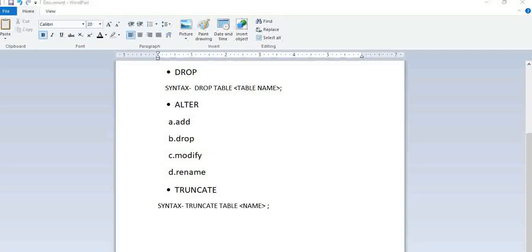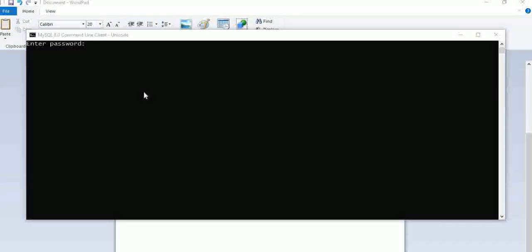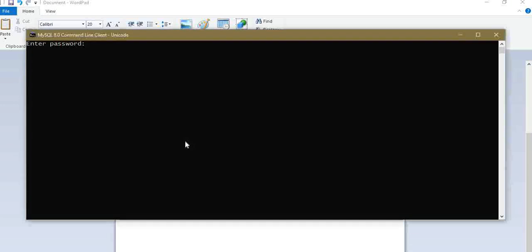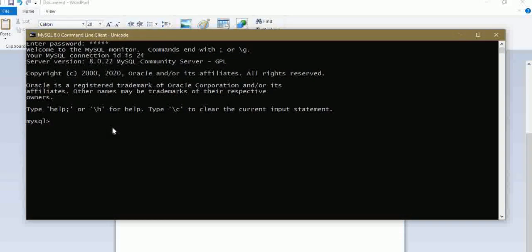So let's open MySQL. We have already opened MySQL. Let's type the password. First we have to see what databases are present in the MySQL server. To see the databases, we just write show databases.